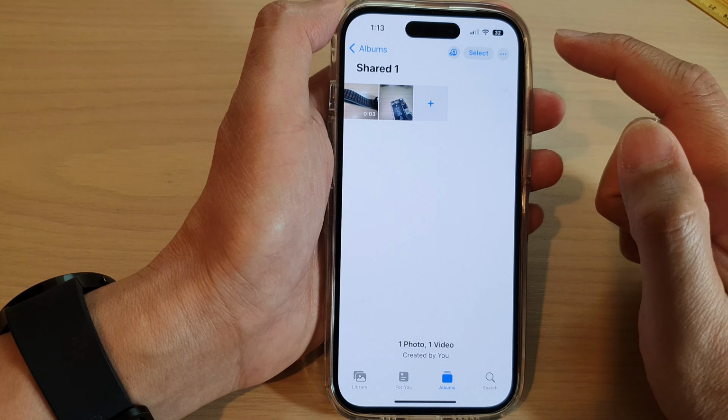Then tap on the Option key at the top. From the pop-up menu, tap on Share Album Details. In here, if you want to stop people from adding photos or videos, you tap on Subscribers Can Post. Tap on the toggle button to switch it off, and it says that only you can add photos and videos